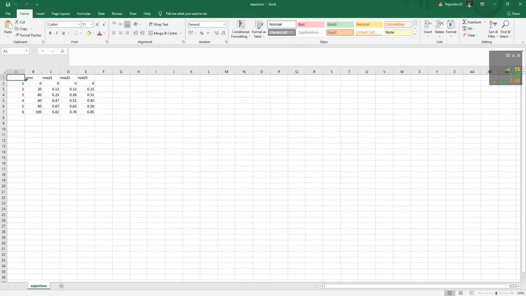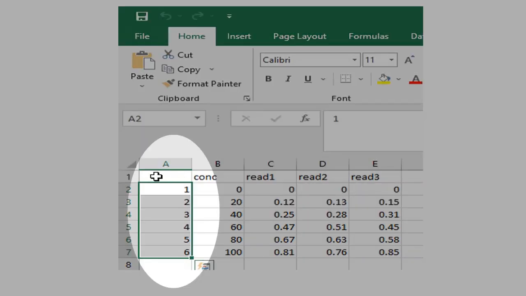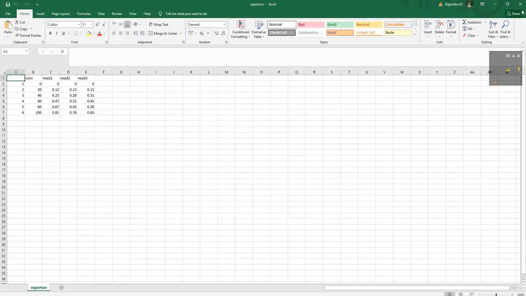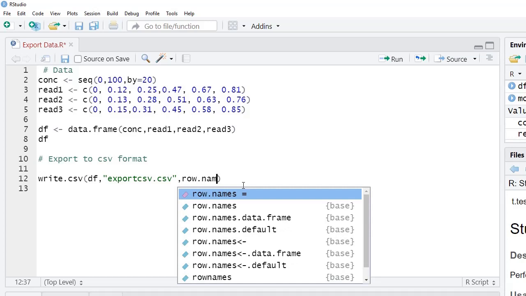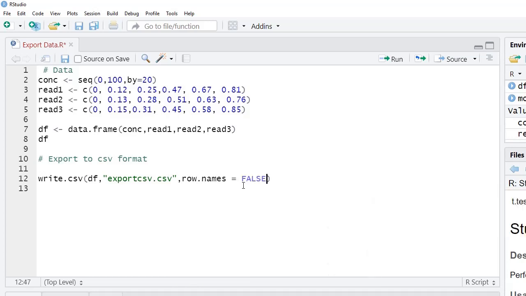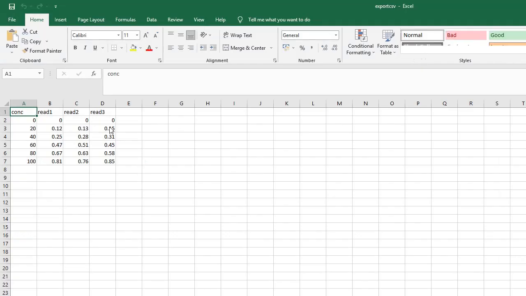And we can see that data file has got exported properly along with the row names. This row name column is additional column added as default of the write.csv function. We can avoid this. Close this file, and in our script just add row.names to false and run that. See the file for the result. That row name column is not there.